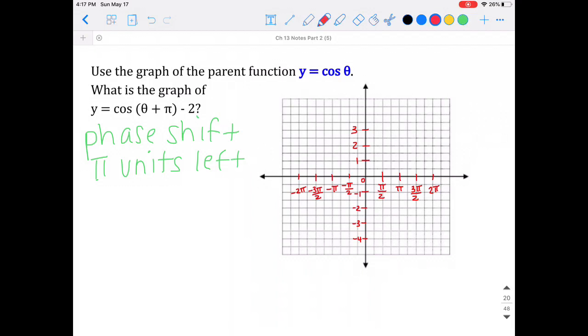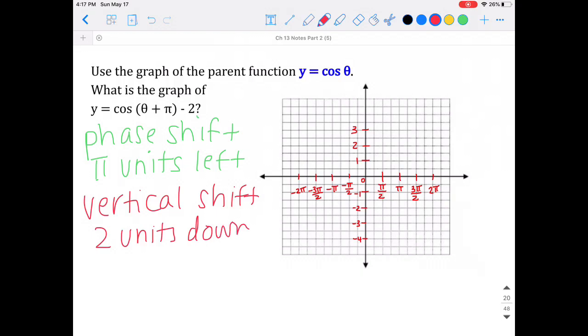That's our first translation. We also have a vertical shift of 2 units down. So I'm going to start by graphing the parent function y equals cosine of theta. And remember, for cosine, on your y-axis, you're either starting at your maximum or your minimum value. Because it's the parent function, my a value is positive, that means we're starting at our maximum, which would be